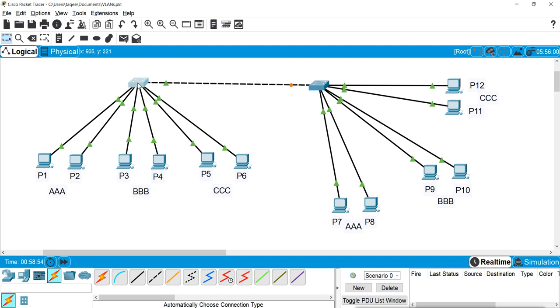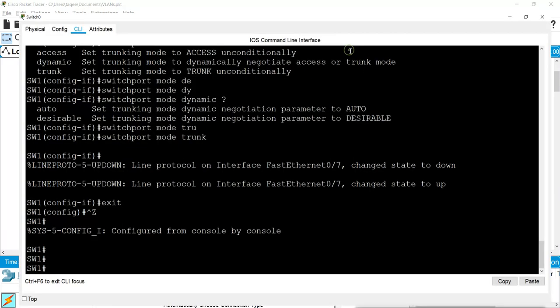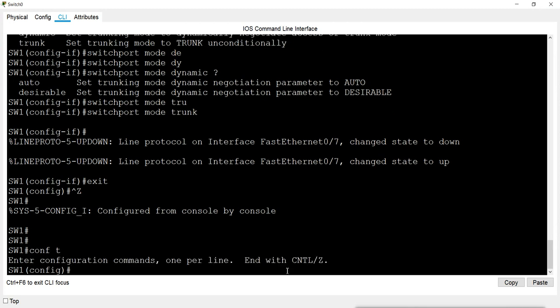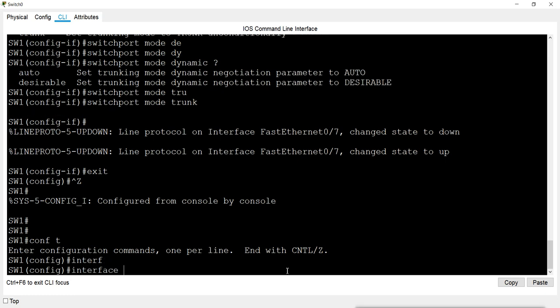But suppose you have an old switch that also supports ISL, and you want to convert it to 802.1q. Then there is a command under that port.